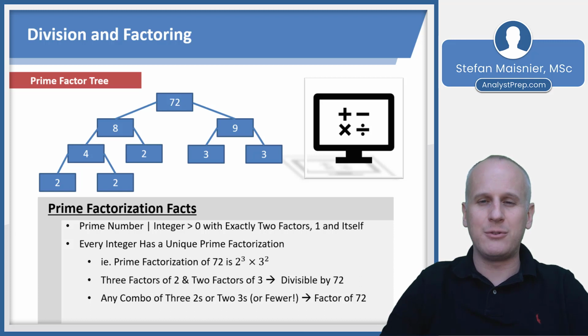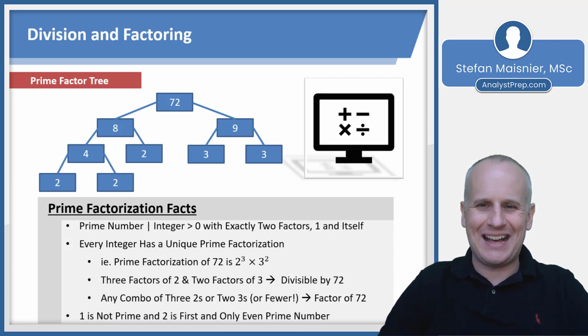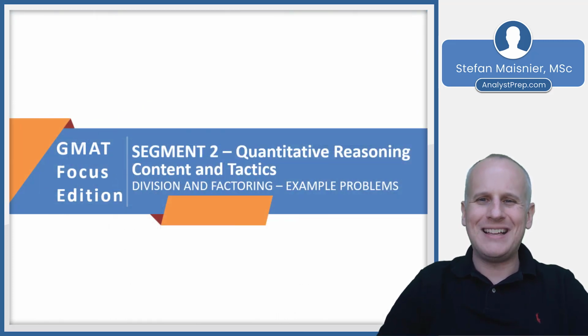So basically, you're counting the prime factors to determine whether divisibility is or is not occurring. And always remember that 1 is not prime, and 2 is the first and only even prime number, because our true definition of prime is that it has exactly two factors, 1 and itself, and 1 only has a single factor, itself. So let's go over to the whiteboard and take a look at a couple of example problems